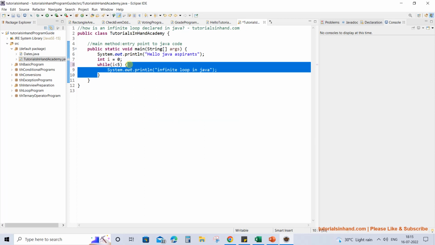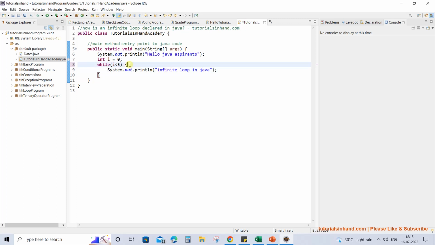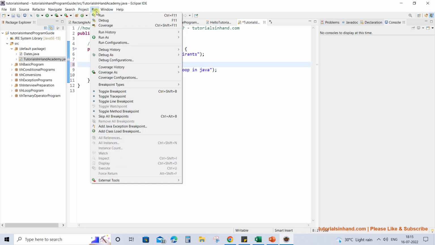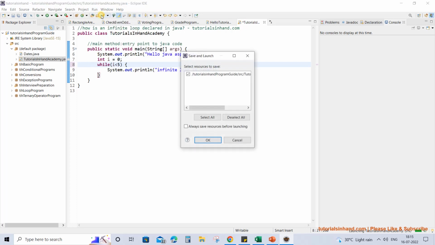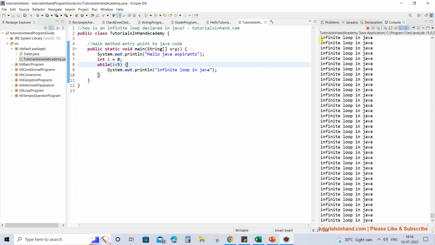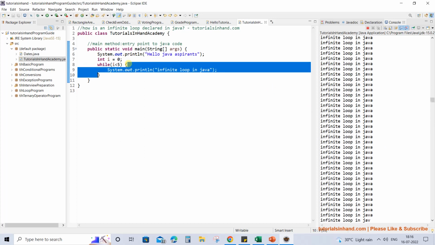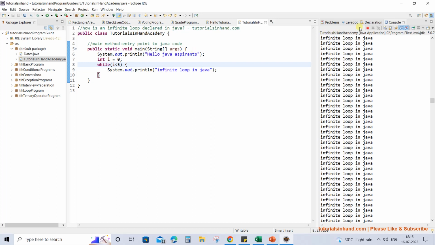Now what do you think? Will it really print 0 to 4, or will it print something else? Try to make a guess. I will give you a few seconds and then I will run this and show you the output and explain why this exactly happens. Now I am going to run it. See, it has again entered into an infinite loop, and I want you to make an exact guess why this is happening, why this while loop is iterating again and again without any stop. If you haven't got it till now, let me explain the reason behind it. Here what you have done is you have declared int i = 0, right?